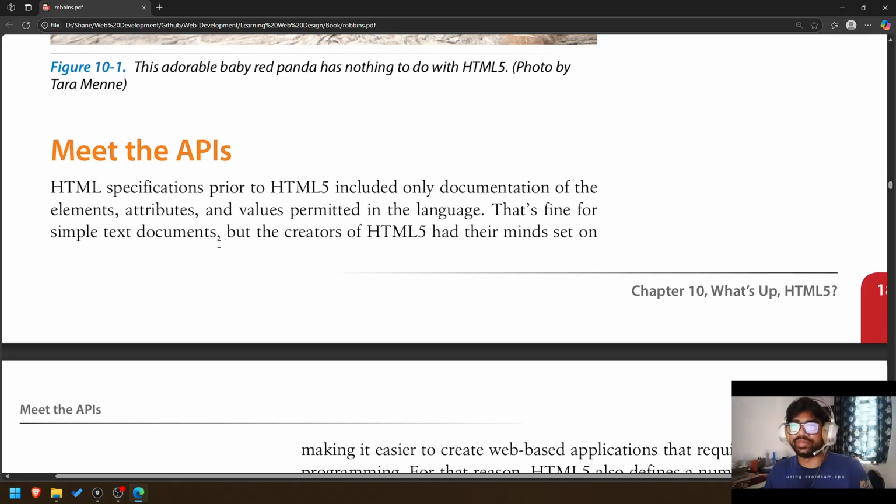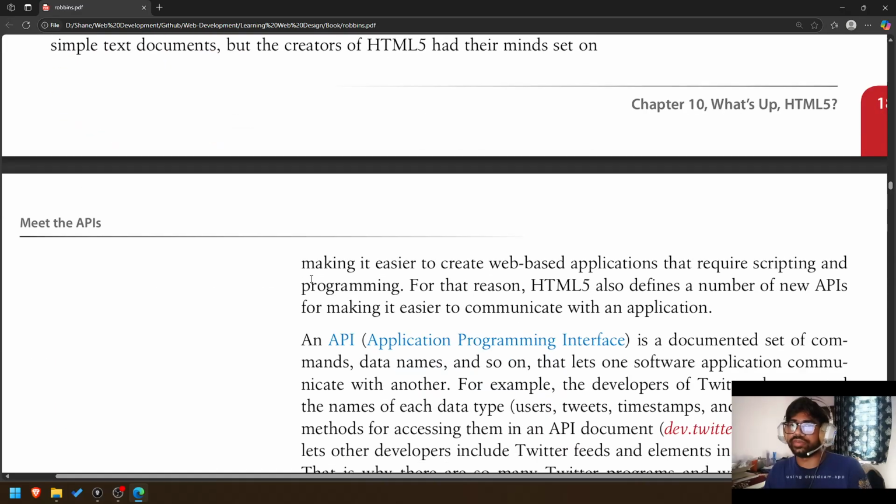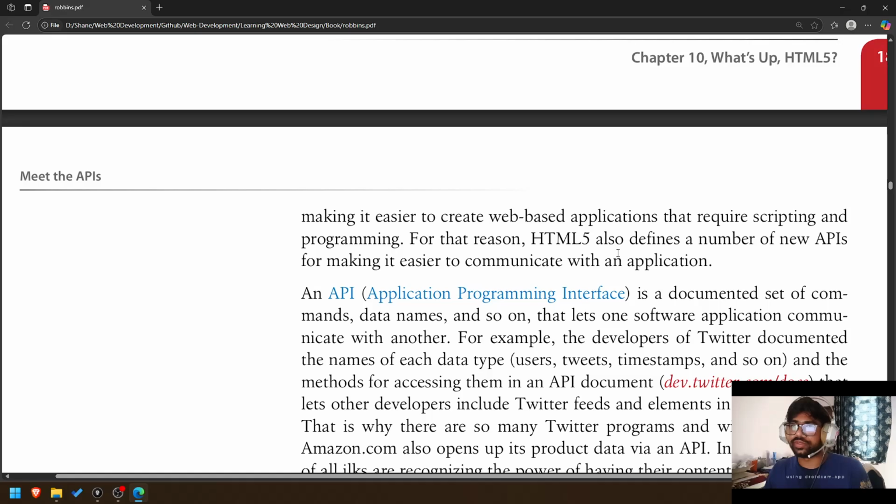Meet the APIs. HTML5's predecessors included only documentation of elements, attributes, and values permitted in the language. That's fine for simple text documents. But the creators of HTML5 had their minds set on making it easier to create web-based applications that require scripting and programming. For that reason, HTML5 also defines a number of new APIs for making it easier to communicate with